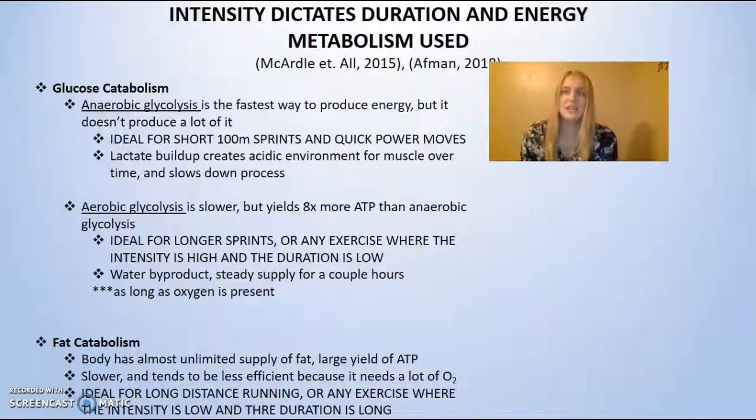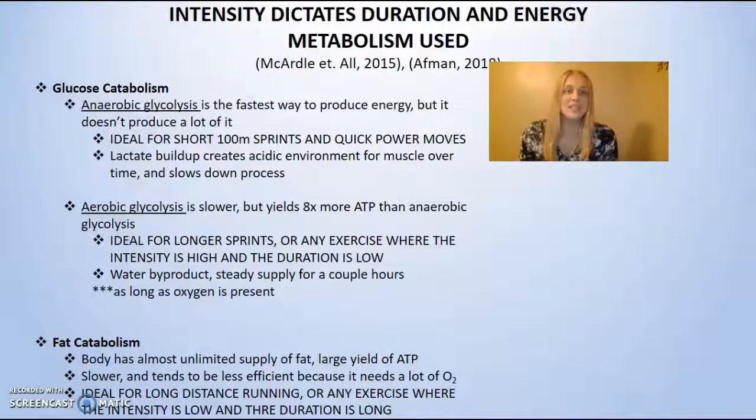With glucose catabolism, considering the anaerobic glycolysis without the oxygen, it's the fastest way to produce energy, but it doesn't produce a lot of it. If we remember correctly, there's only 2 ATP produced from that process. When I was talking about the pyruvate choosing the 2 different pathways, it would choose the lactate pathway just so that it could produce more ATP quickly,